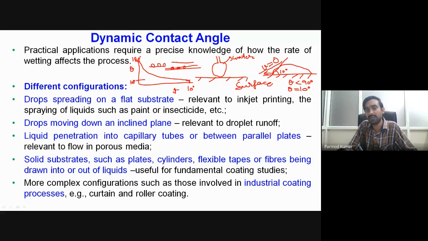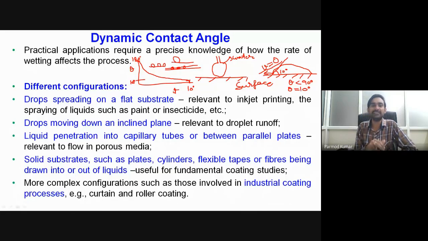In nucleate boiling, there will be nucleation of a bubble, and because of the nucleation of the bubble, depending upon the surface characteristics between the liquid-vapor combination and the surface, there will be movement, a motion of the contact line. So there are a large number of practical situations where there is a requirement of finding out the motion of the contact line and the details of the contact angle during its motion.